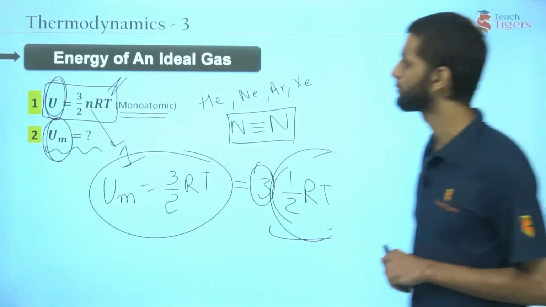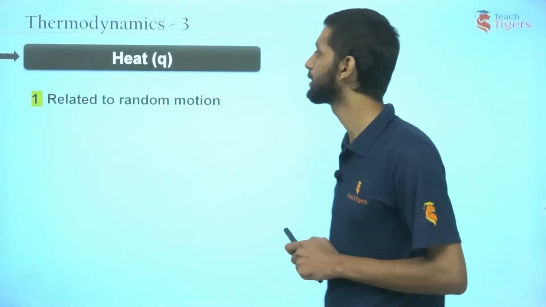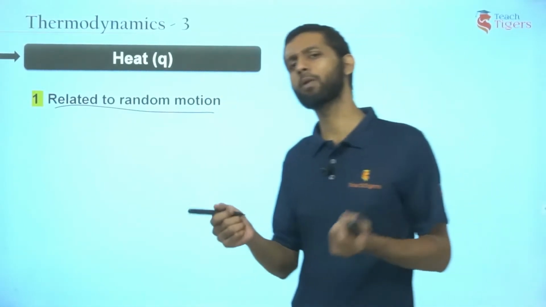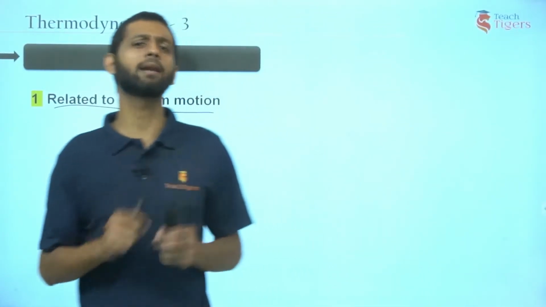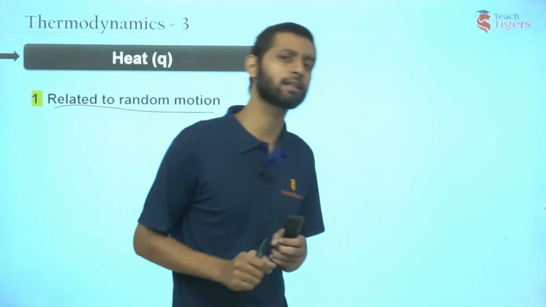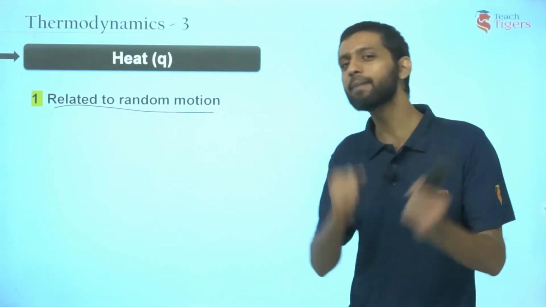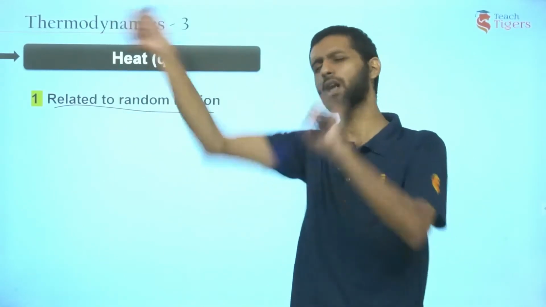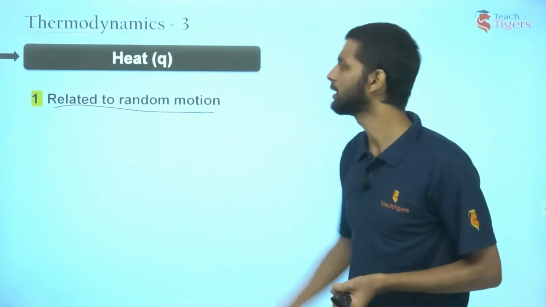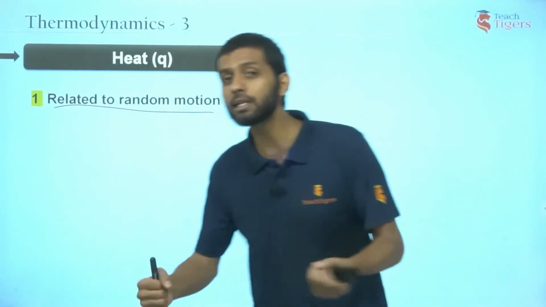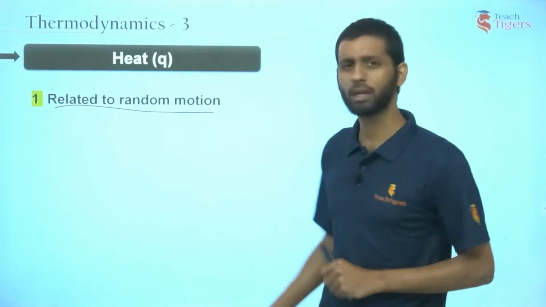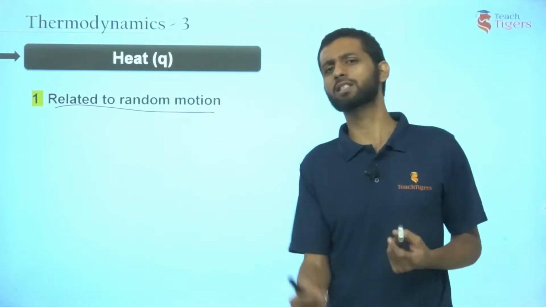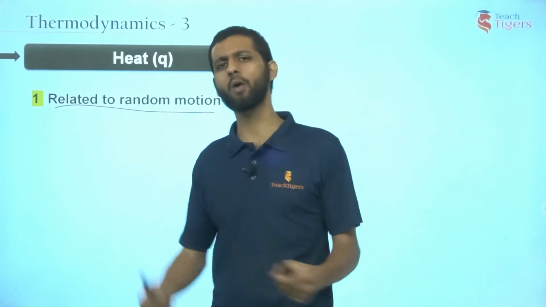All right, moving on. What is heat? It's related to random motion. Just like we talked about temperature relating to random motion, heat is also related to random motion, randomized motion of molecules. Molecules just bouncing about crazy. That's what heat is. More heat, more craziness. So if you think about kids, they have a lot of heat, just running around